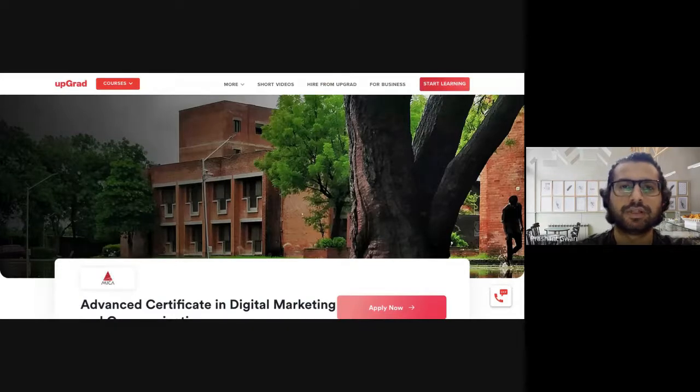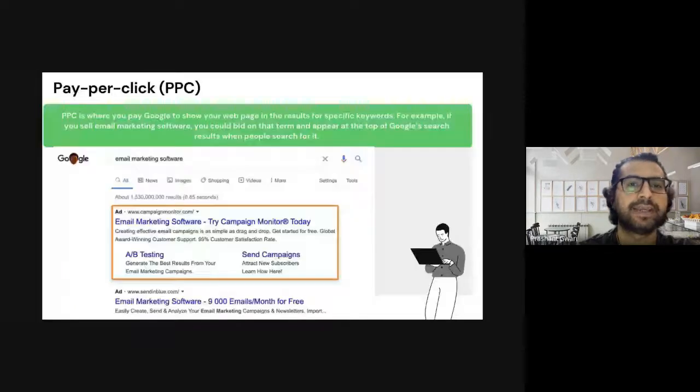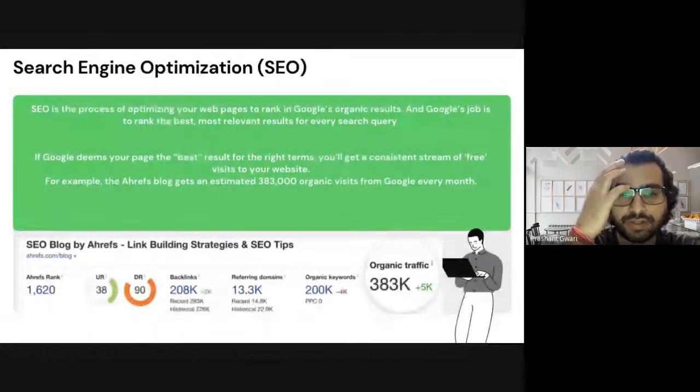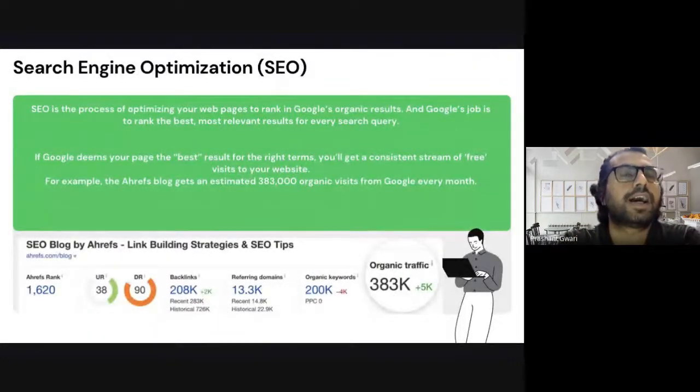So this is all about doing keyword research and targeting your keywords on Google advertisement and PPC. Now the second process, the other way you can rank or appear on Google using keywords, is search engine optimization, which we are currently learning. You know the definition of that. I already taught you. Search engine optimization is the process of optimizing your web pages to rank on Google's organic results.